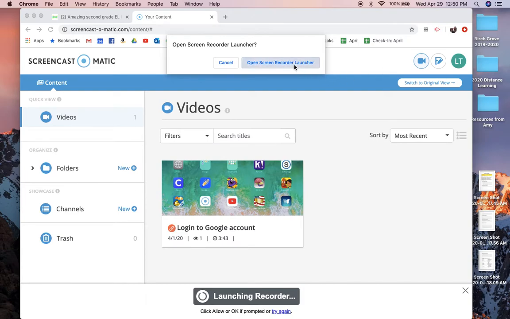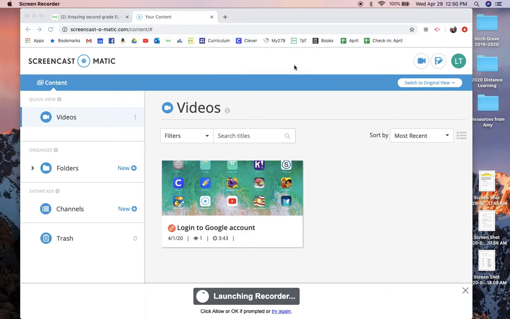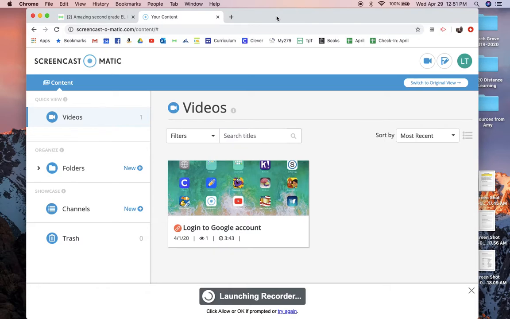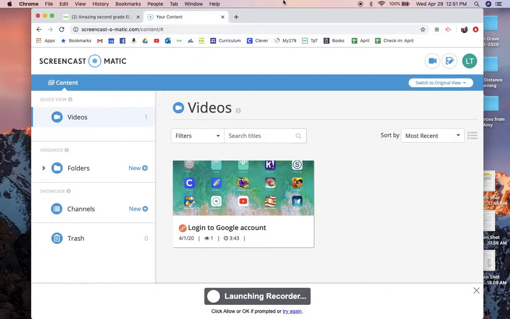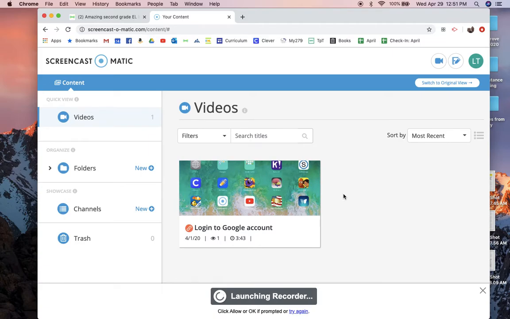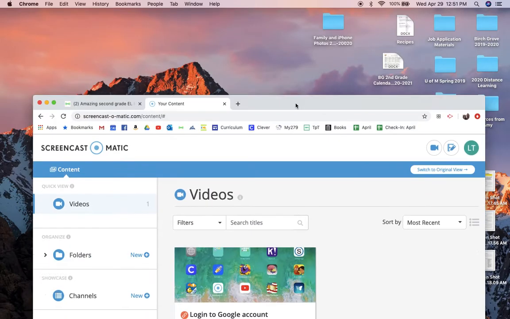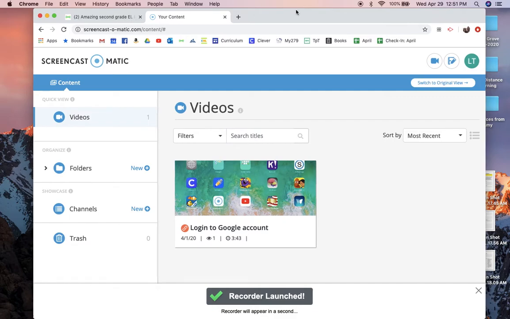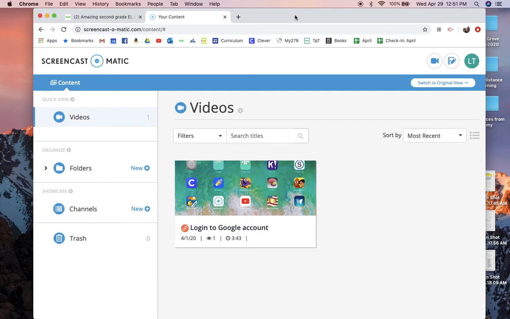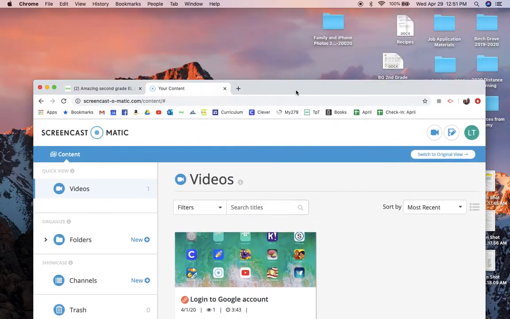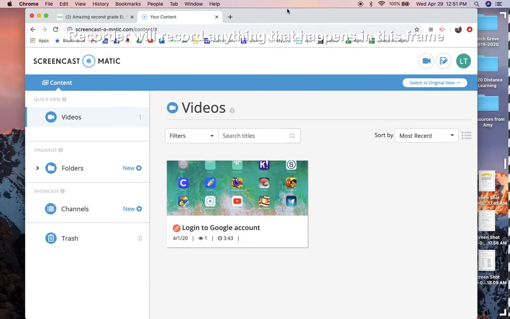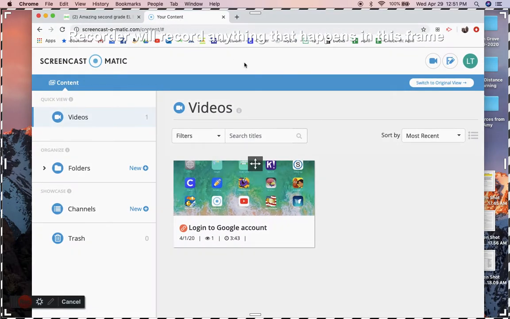So I'm just going to open Screen Recorder Launcher. It kind of hides sometimes, so you have to wait for it to open. Okay, so